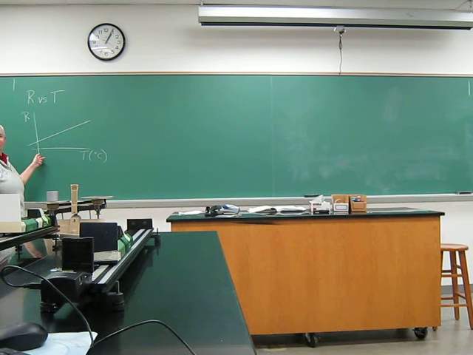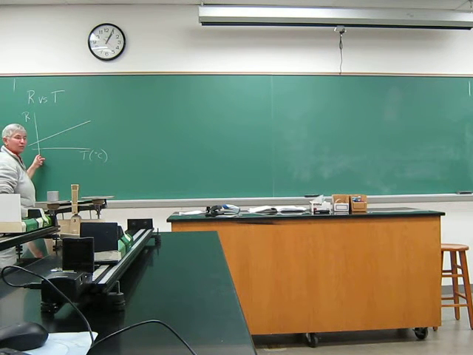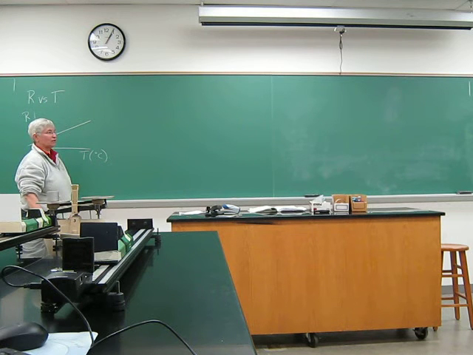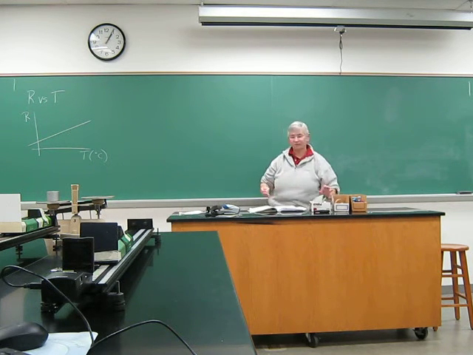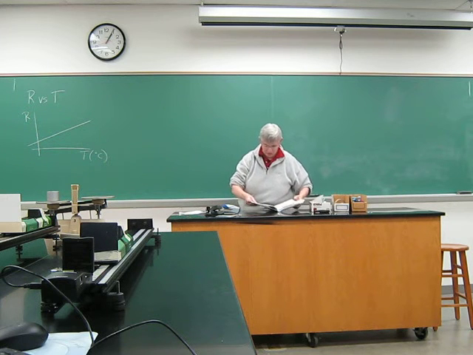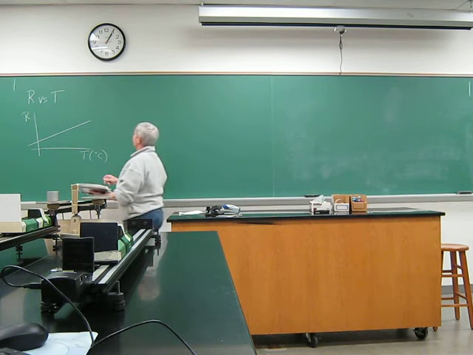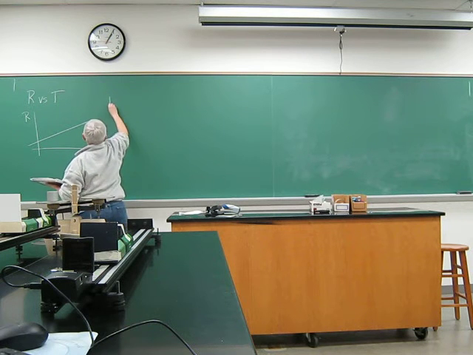So I'm going to define R0 as the resistance at a temperature of 0. Okay, so instead of R0 being room temperature, I'm going to go ahead and use a temperature of 0 to be my set value. Okay. So I went ahead and did the curve fit, and the curve fit gave me